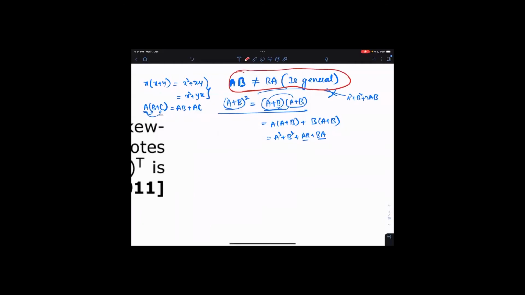But there are so many matrices where AB and BA can be both equal. You can always choose some two matrices. It's not like this is never possible. In general, it's not possible, it's not a general rule. AB and BA both equal, not all the time. But sometimes it can be equal. So if AB and BA are equal, then